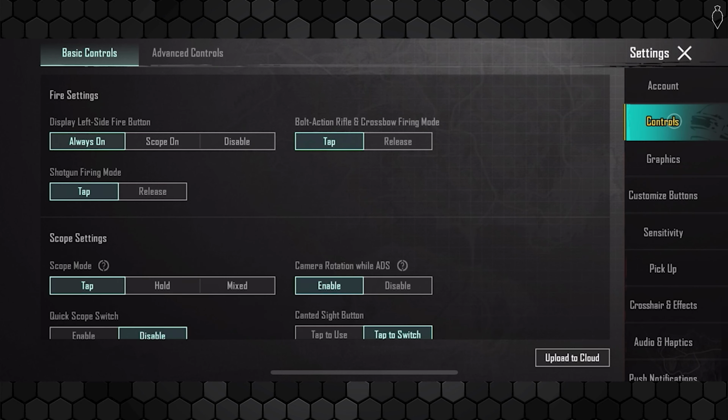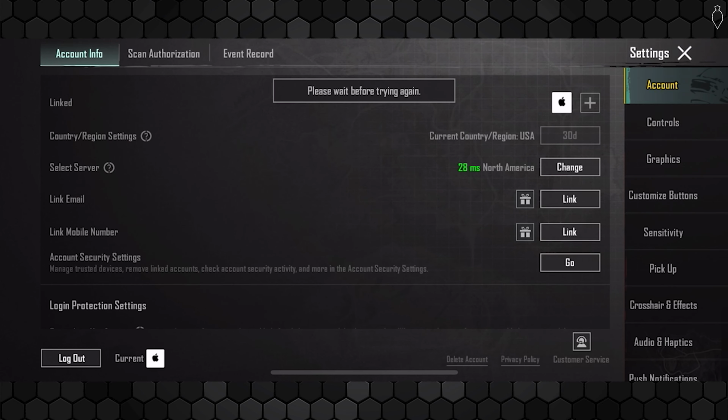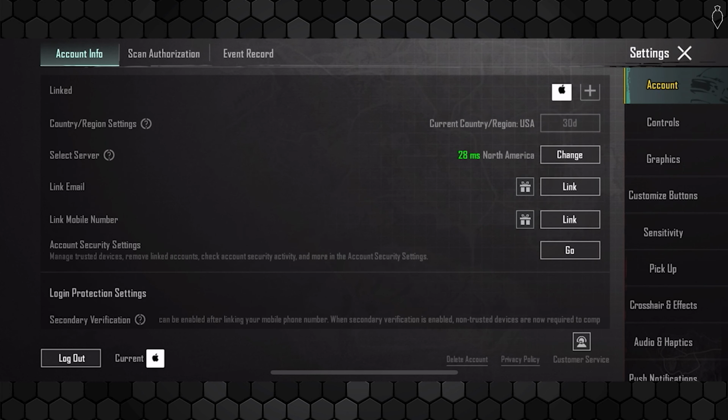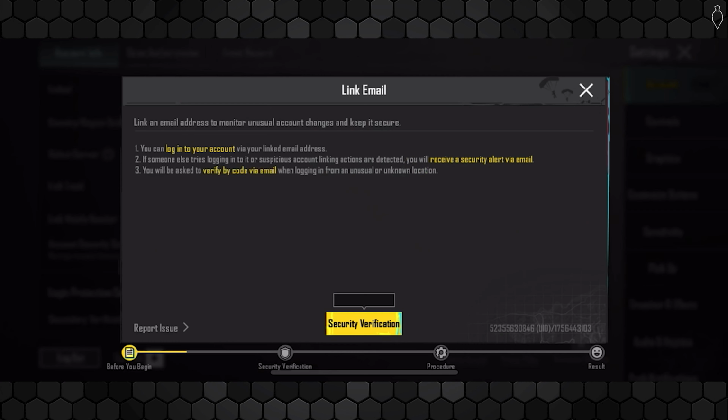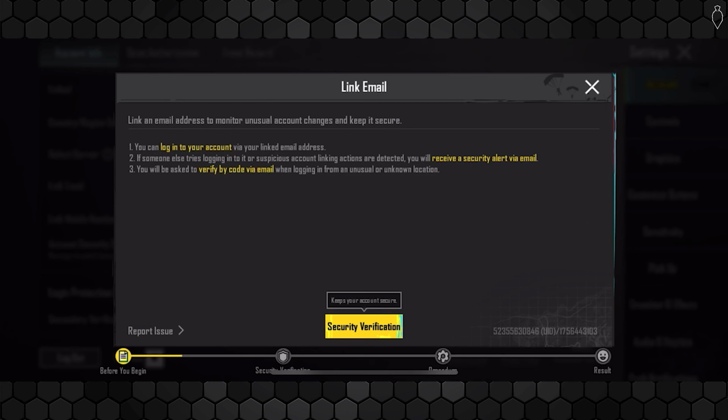Within your account section, which is going to be the one that it automatically opens you up to, you're going to see this little linked option up at the very top. If you scroll down, there's a link email option here with a little gift icon next to it. Simply go ahead and select the link button, and it's going to pull up a page that looks like this,